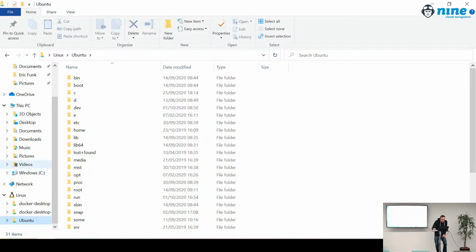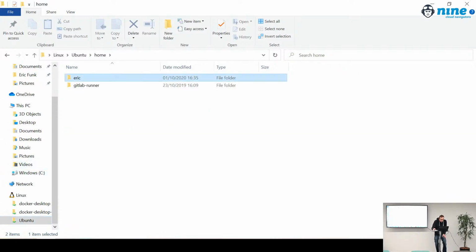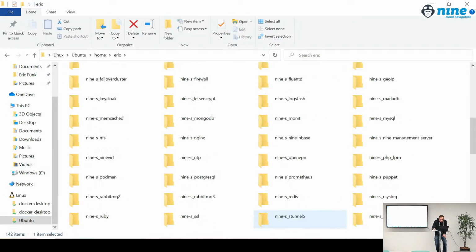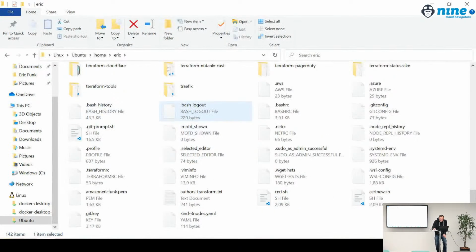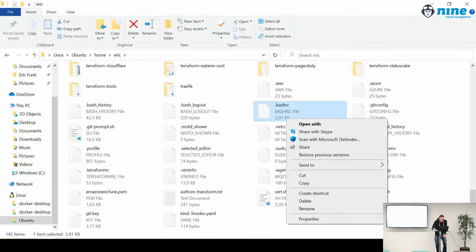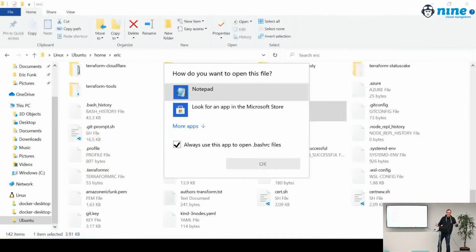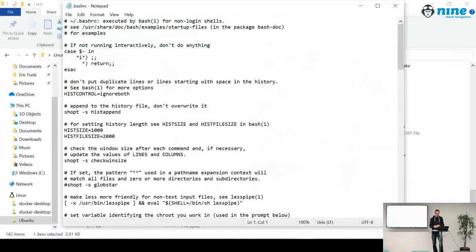So if you ever fancy editing your, you know where I'm heading, your bash RC with Notepad, just kick off, do it. It's possible. So the integration works both ways. It's really nice. It might sound a bit strange, but it helps me.